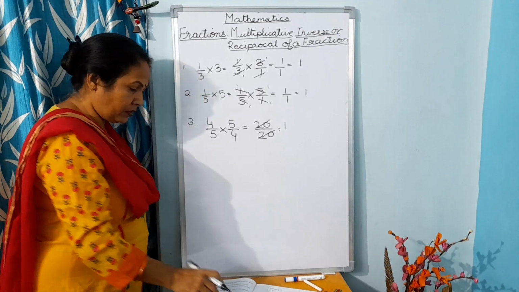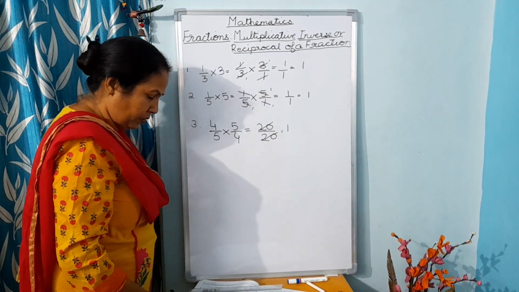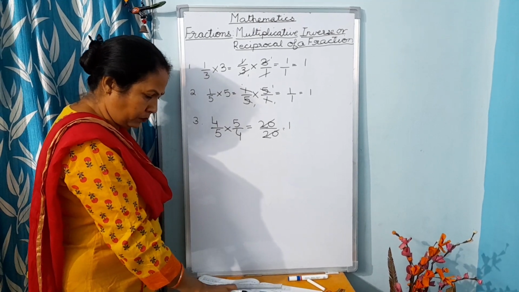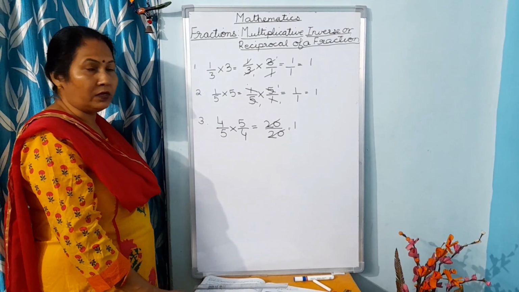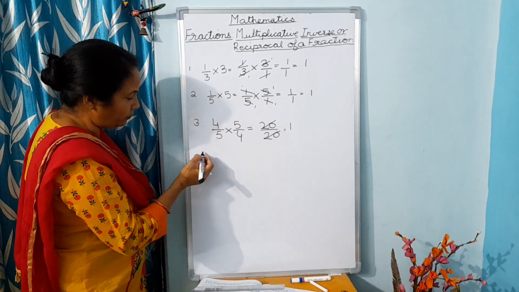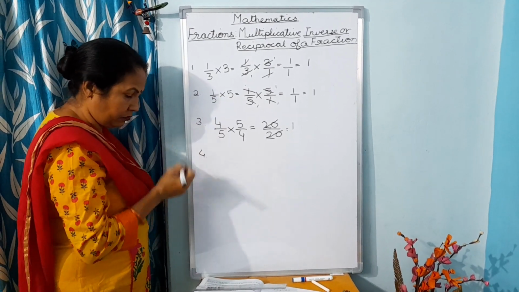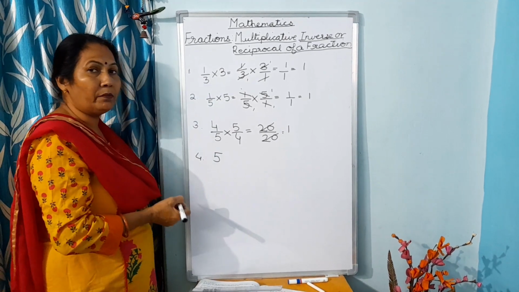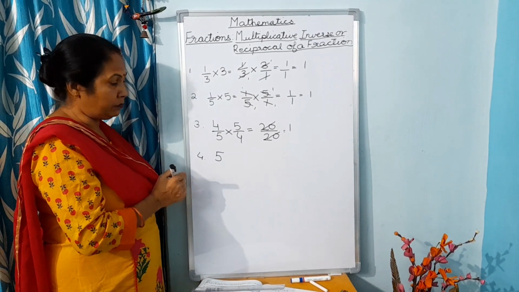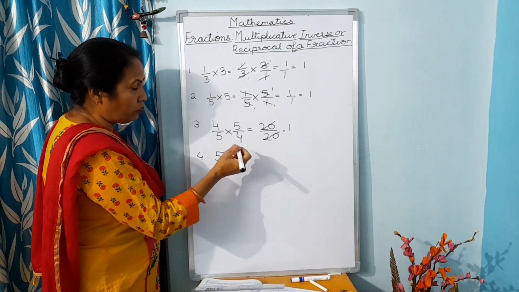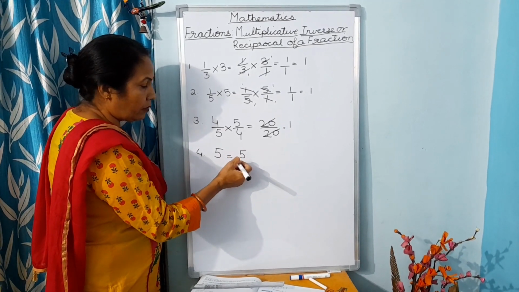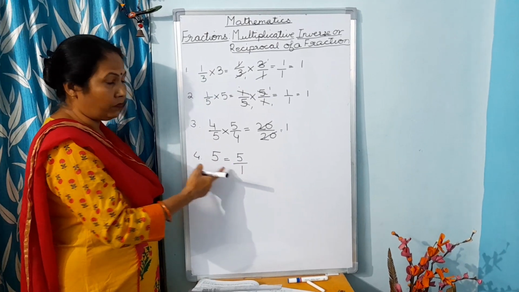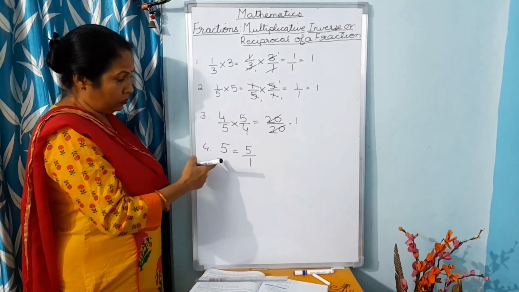So you have here exercise 4M, where you have to fill in the blanks and find the multiplicative inverse. I have explained to you here. I am going to do one sum in which I will show you how you have to write. Now you have a whole number and you have to write the reciprocal of this. So this is equal to 5 upon 1. First you will write 5 upon 1. Why? Because this is a whole number.